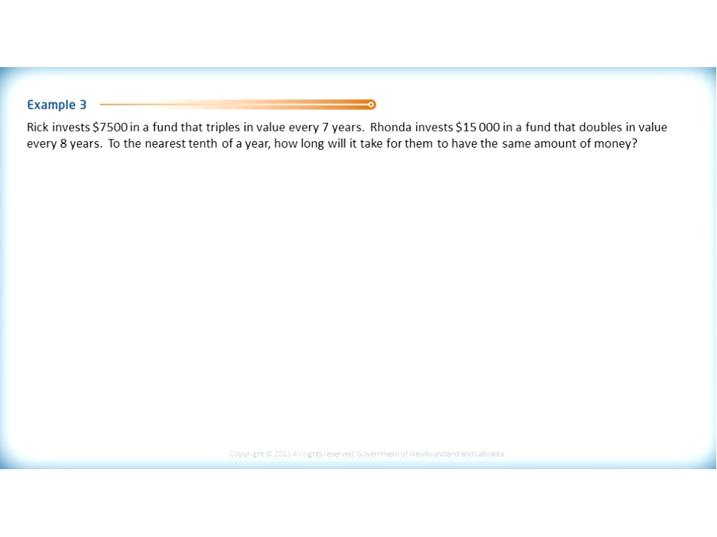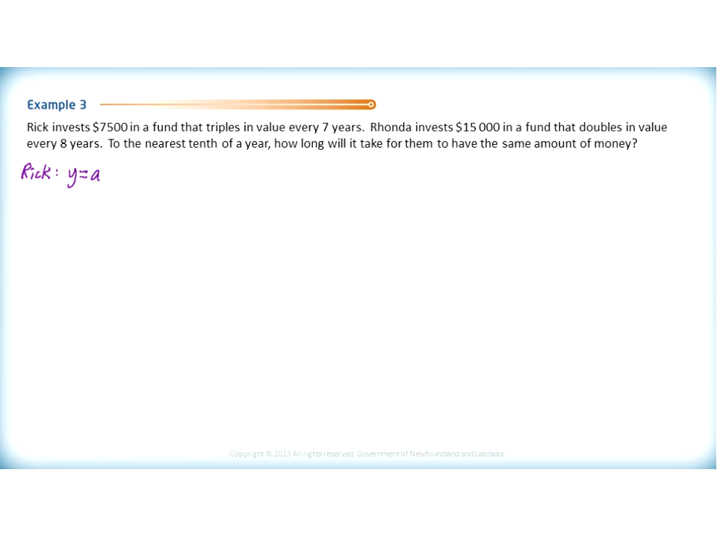In example 3, Rick invests $7,500 in a fund that triples in value every 7 years. Rhonda invests $15,000 in a fund that doubles in value every 8 years. To the nearest tenth of a year, how long will it take for them to have the same amount of money? So if we look at Rick's situation and we try to set up an exponential equation of the form